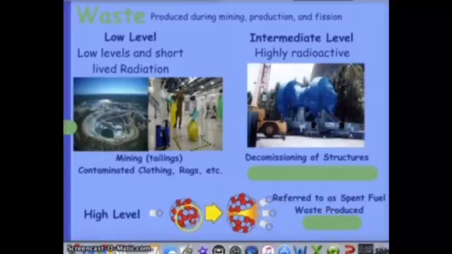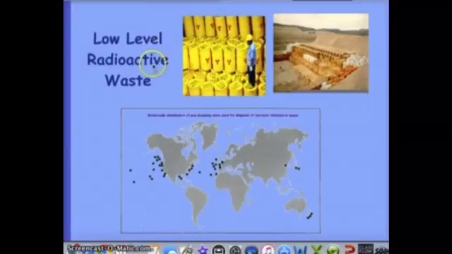So once uranium undergoes fission, which it does for a pretty long period of time, that waste has to be dealt with. And it takes a lot of effort. I'm going to talk about all the waste first, and then specifically how this one's treated. So low-level radioactive waste is placed in these types of drums. They're not steel. They're made of strong materials, and they're buried. And this is just a picture of world dumping in oceans of low-level radioactive waste.